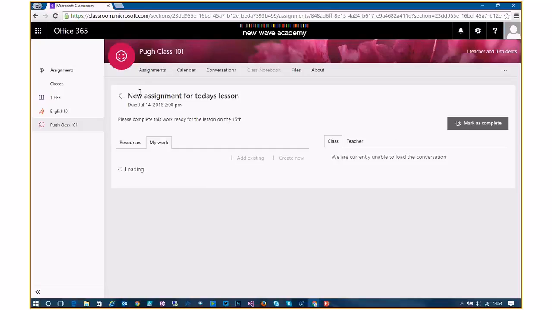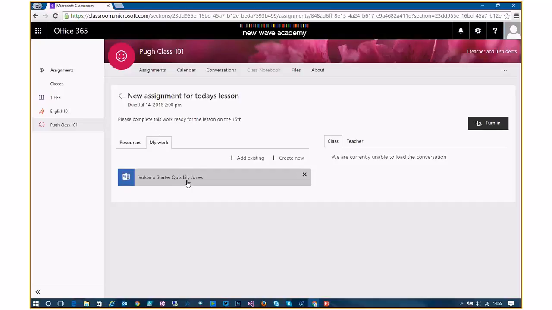So we've got the assignment name, we've got the due time, and we've also got that description that I gave to say go off and complete this work. So please complete this work ready for this lesson on the 15th. And there is that document for me that I've done. And you notice it's actually added her name to the very end of that document. So when I click on this now,